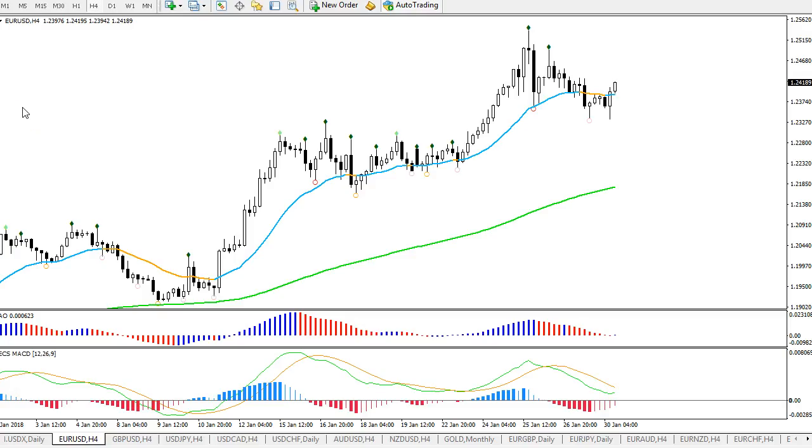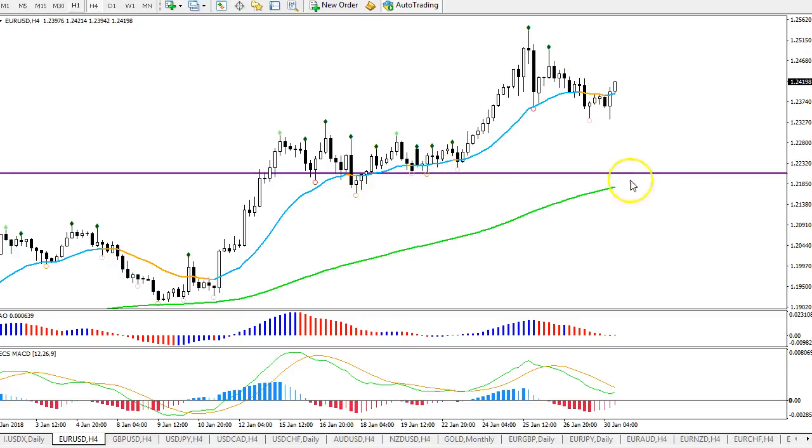All right, euro dollar here, 4-hour chart, and price is moving lower, but recently it has bounced. So the main question is: is this basically the start of an uptrend, or will it correct deeper towards lower support levels? I was leaning towards a deeper correction because there is divergence present between these tops, which means that we have a higher high on price, but we clearly have a lower high on the oscillators,